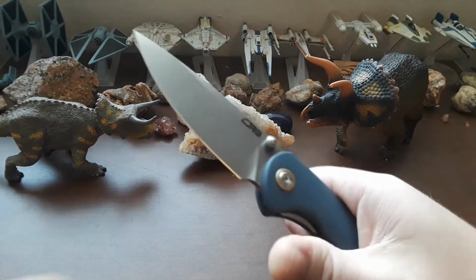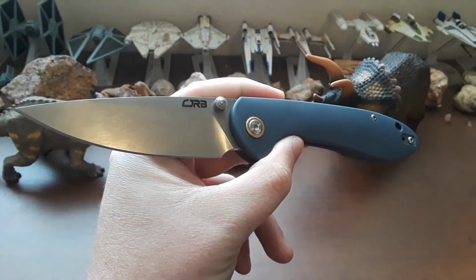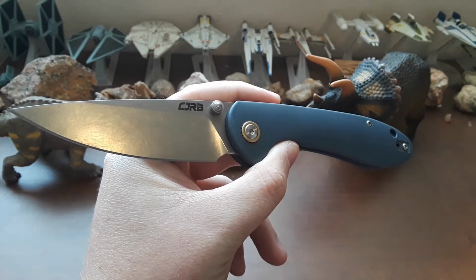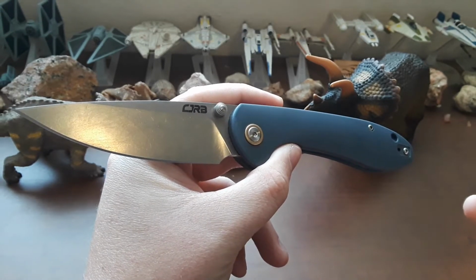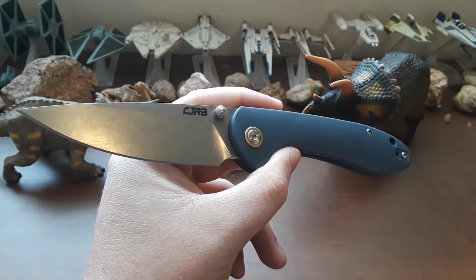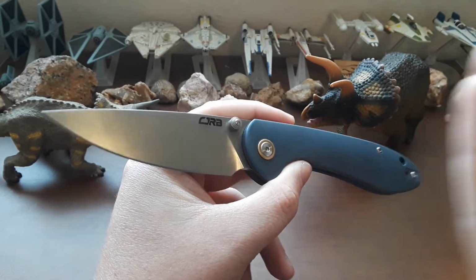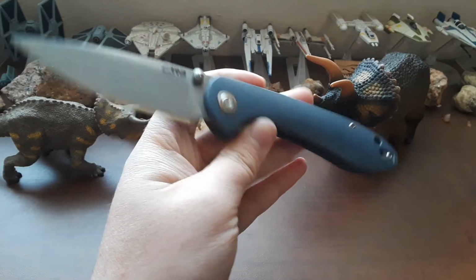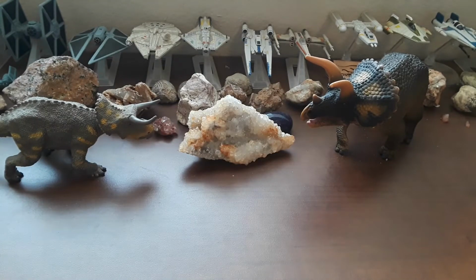First of all, the CJRB Feldspar. This one is not on the list. I was going to do a long-term update with this knife, but I realized that I kind of already did when I made the video, is a CJRB Feldspar still a good budget knife in 2022? You can check that video out. It basically has all my thoughts in there. So, yeah. Not going to be in this video, but definitely a pocket knife that I love a lot and I've carried a whole lot since I got it. And I have a ton of them now. So let's start this list off properly with